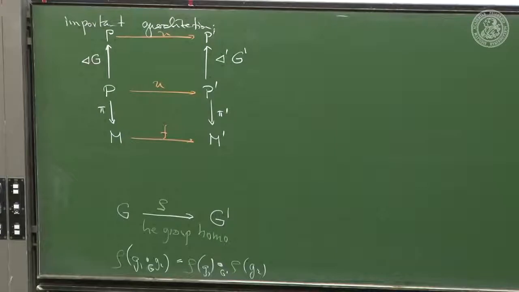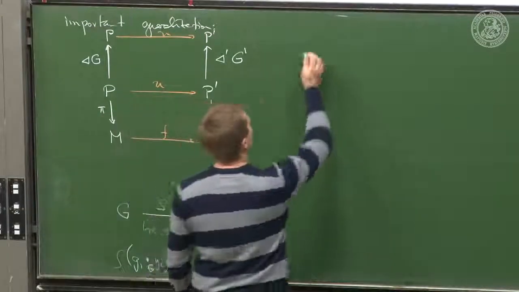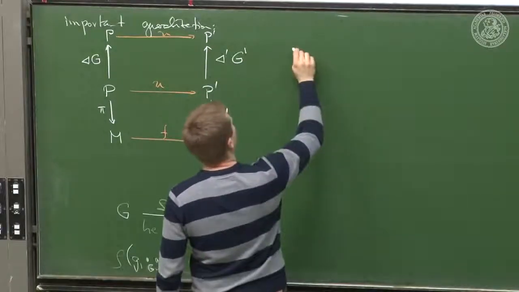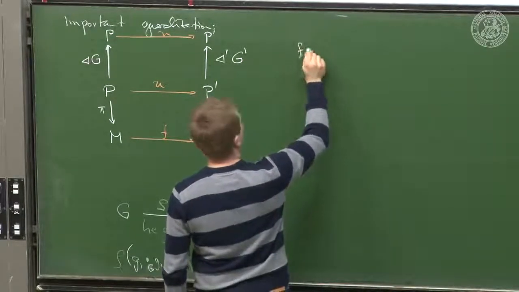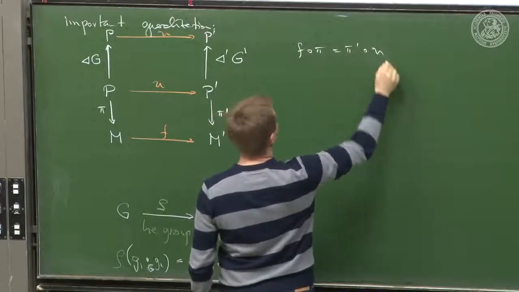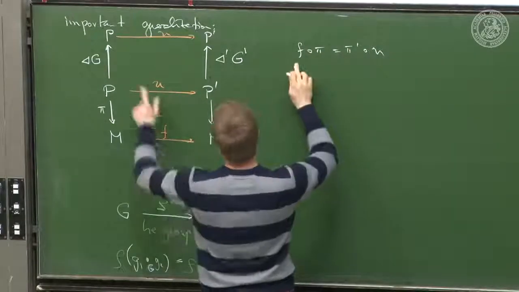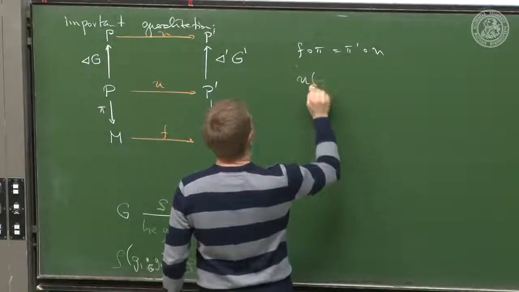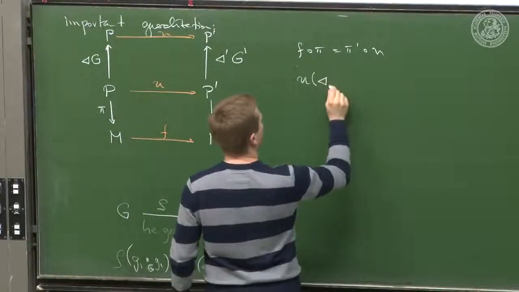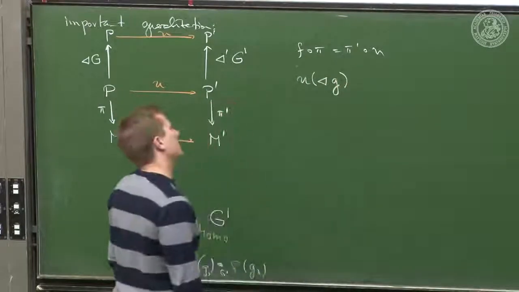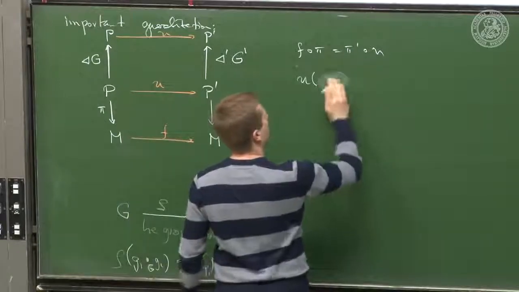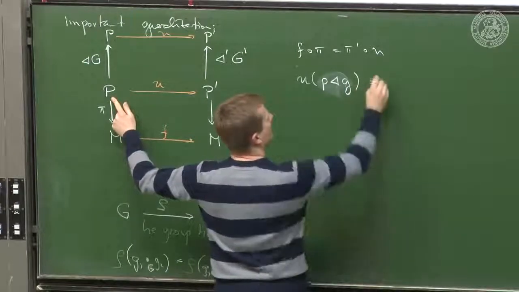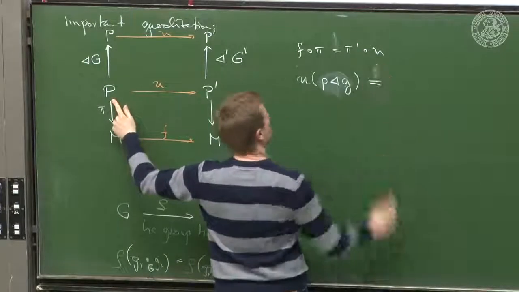When is this, or how would we define this to be a principal bundle map? And now the requirement is that all of this commute. So again, F after π is π′ after U, the bundle map aspect. And now here we can employ this. We can say, aha, U after this action, so U after this guy here acting on a point p that we take from here, this now, well, it's a requirement,